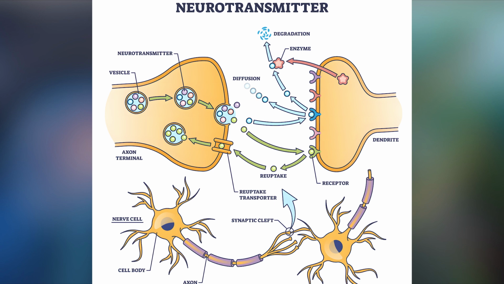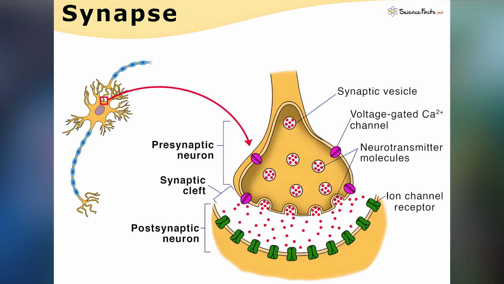The terminal buttons, or the very end of the axon of the presynaptic neuron, don't actually physically touch the dendrite or whatever other part of the cell it might be of the postsynaptic neuron. There's a small gap between them, and this small gap here is referred to as the synaptic cleft, although sometimes it's just referred to as a synapse itself. But more properly, the synapse is the regions of the pre and postsynaptic neurons plus the synaptic cleft in between them. So there's actually a gap there, and what happens is when the action potential reaches the end of the